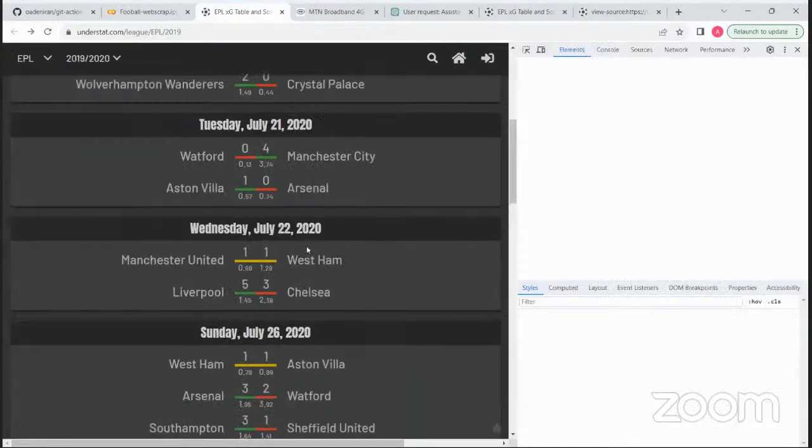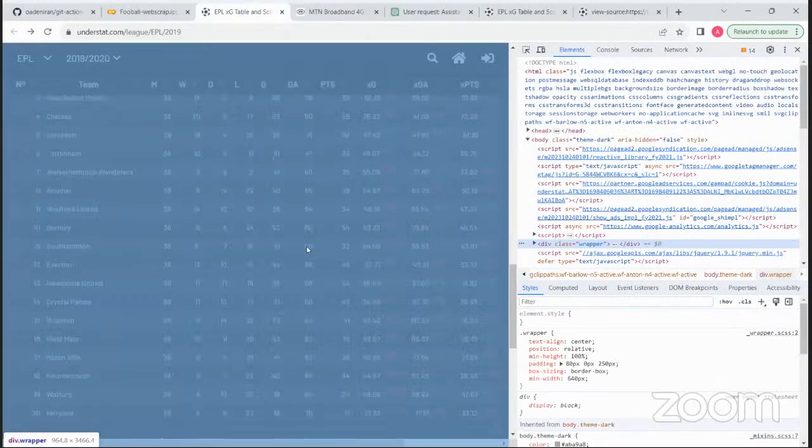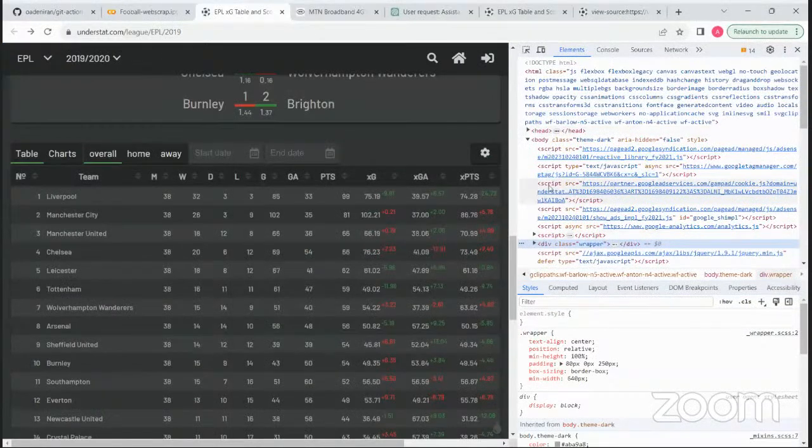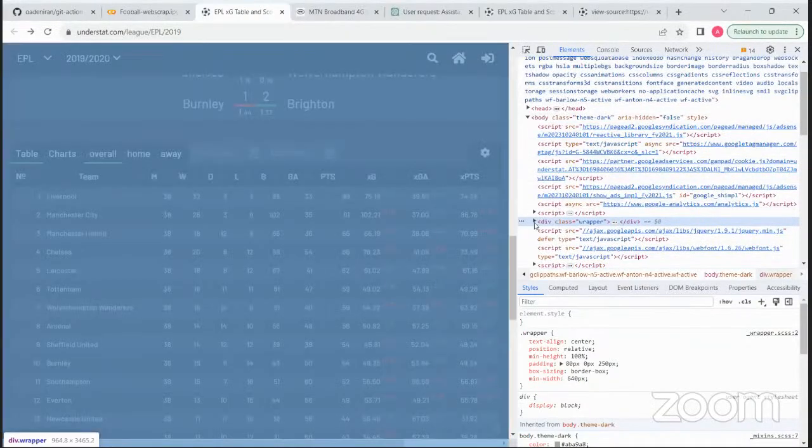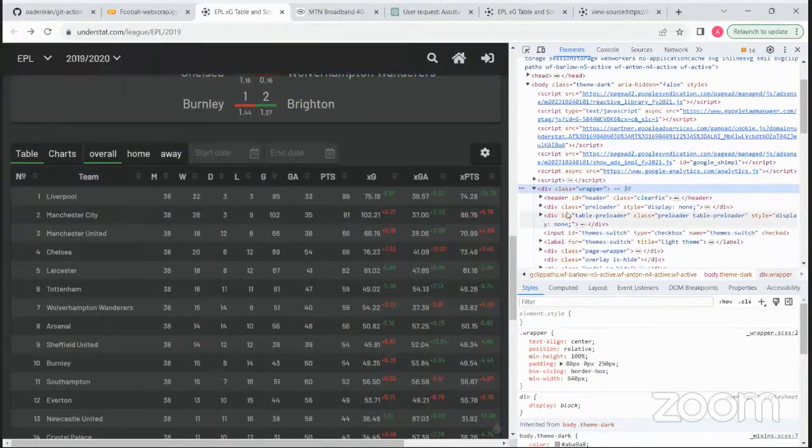So in this inspect, what am I looking for? I'm looking for this table in this load of data here. Since I'm looking for this table, let us start going through again. We know it's going to be in the body, and it is in this div wrapper. So inside this div wrapper,